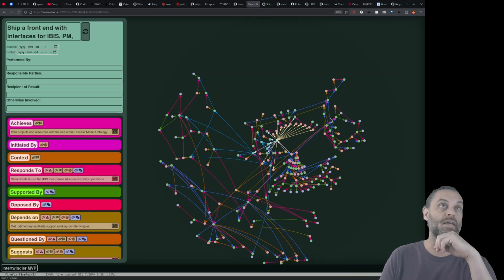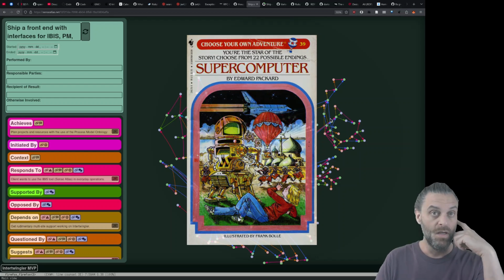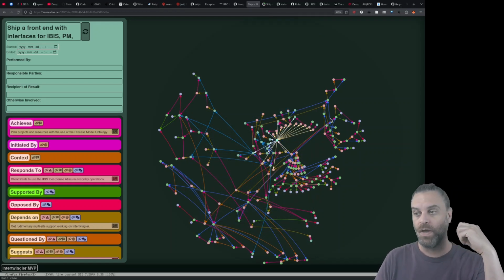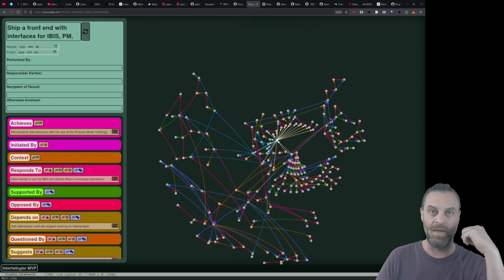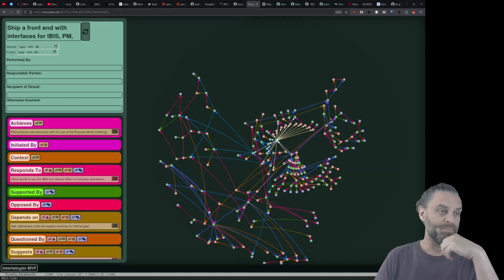Even in the case of a choose your own adventure novel, you've got an instruction at the bottom of the page that says go to page 42, or do this other page if you decide this other thing. That kind of a mechanic.